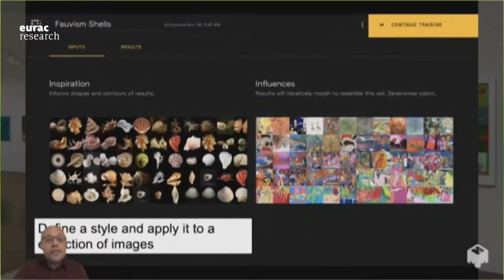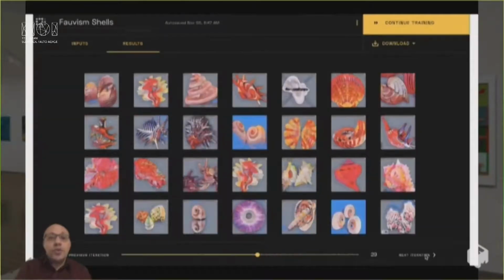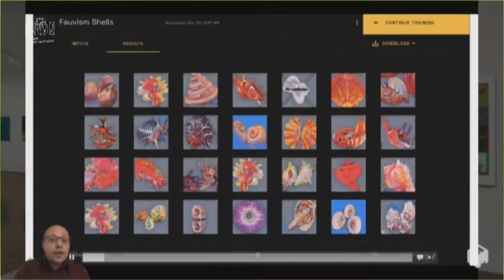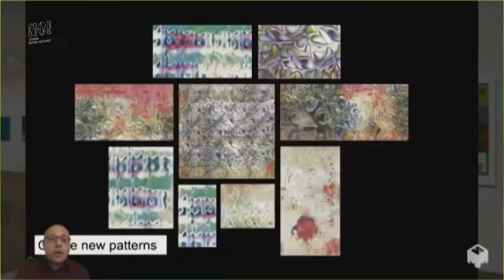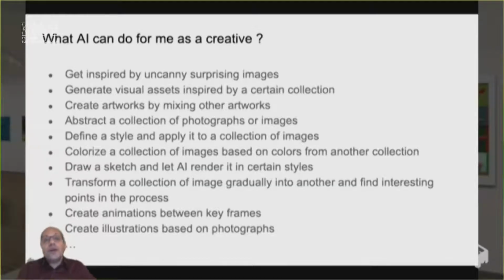Or basically define your own style and stylize a collection of images. So here, for example, plugin shells and plugin fauvism art, and doing that, basically you can stylize your shells into this fauvism-like style. So creating patterns, for example, feeding images and using AI to create lots of patterns. So anyway, there are a lot of things that at the very technical level,